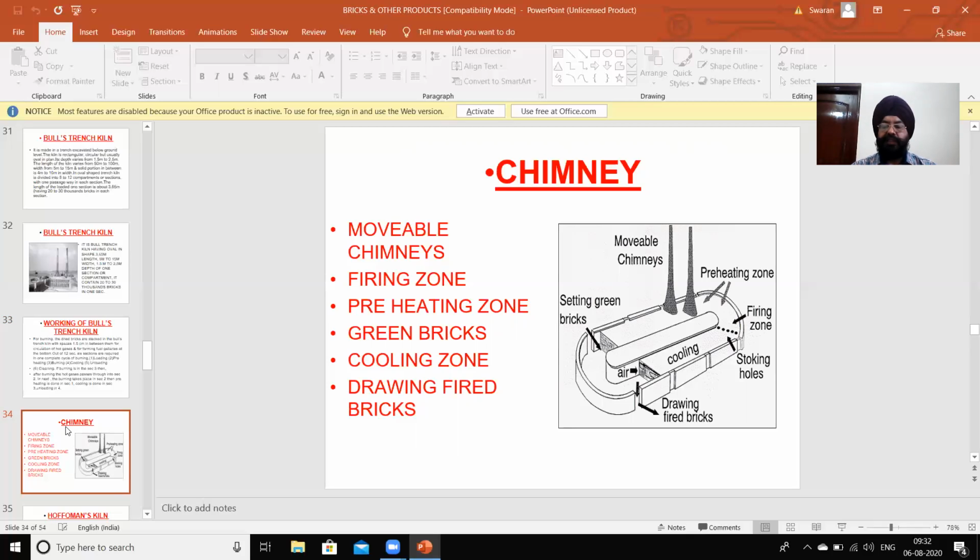This is the preheating section. Back is the firing zone, stoking holes, and setting green bricks. Air free circulation, drying of the fired bricks. So: movable chimney, firing zone, preheating zone, green bricks, cooling zone, drying fired bricks. So this is showing the various operations in the figure.